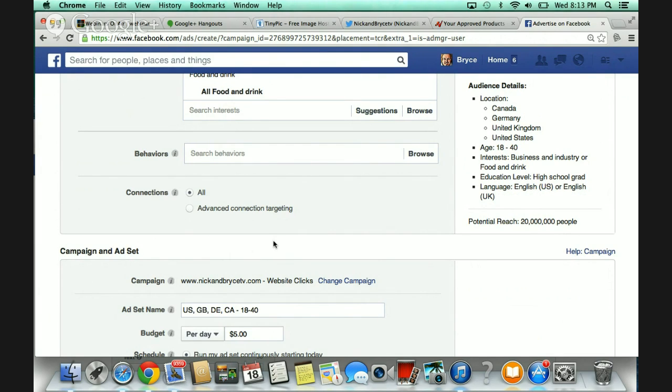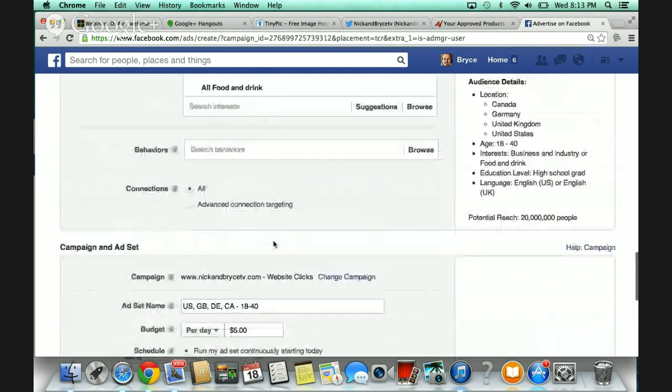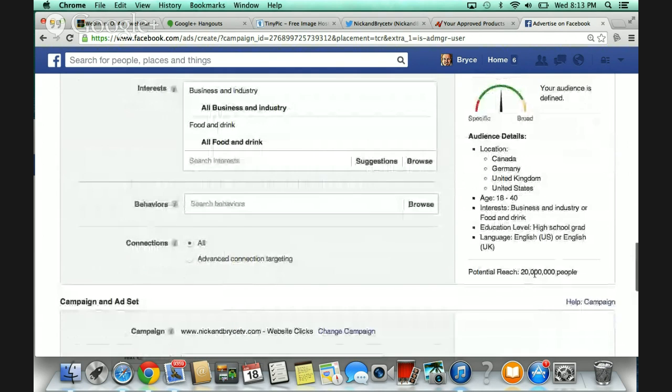And I think by now you see that the deeper we get into this, we brought it down to 20 million people. 20 million people that could want your offer. And they're targeted. These people want it more than the average person. You don't have to go out to Walmart and take a guess. These people have been looking for what you want. And that's how you need to utilize Facebook.